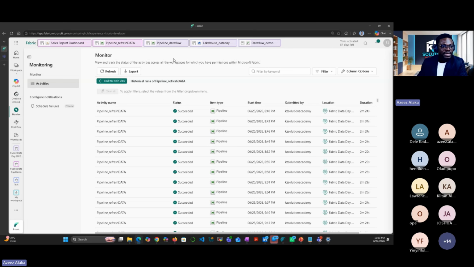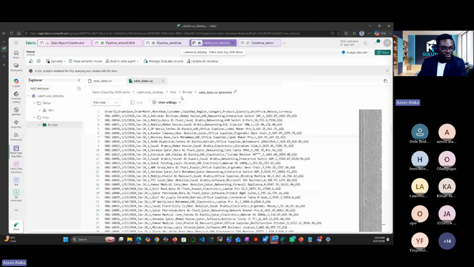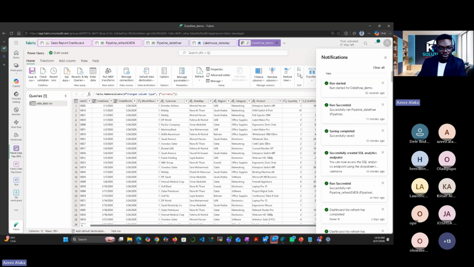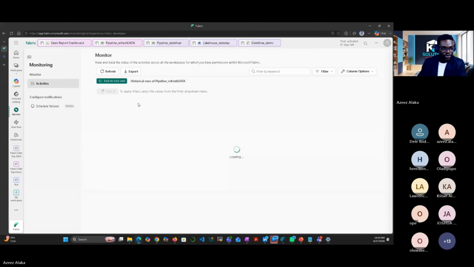All right, so this has started. Let's get to our lakehouse. This is our lakehouse. Remember, we did not have the table before. Let's see if the table is there now. Refresh. Okay, it's still running. The table is not there. Refresh. Okay, well, I can come here. Let's see, is it completed? You can check the status here in the notification. It's going to tell you it says run started, not completed yet. And we can also go to Monitor to see it here.